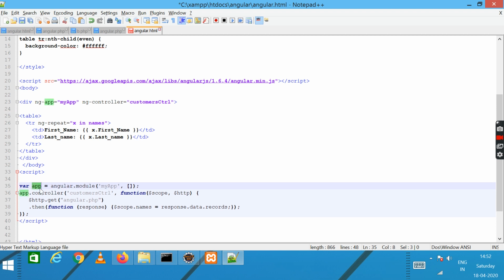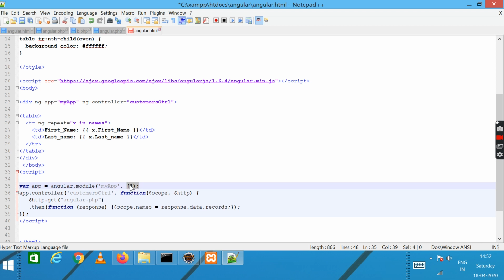So var app is equals to angular.module. This module is, as already discussed, used to add the different applications into AngularJS. So angular.module, name of the app, and an array.